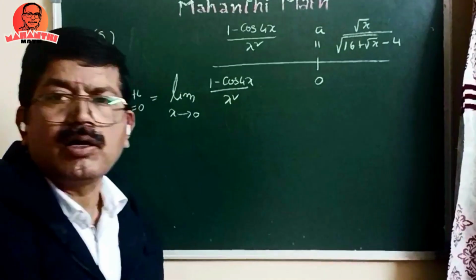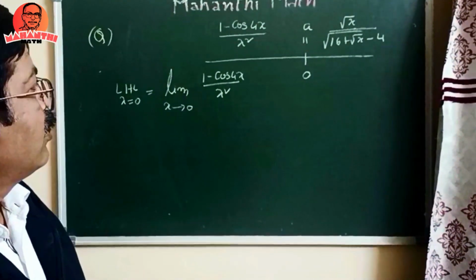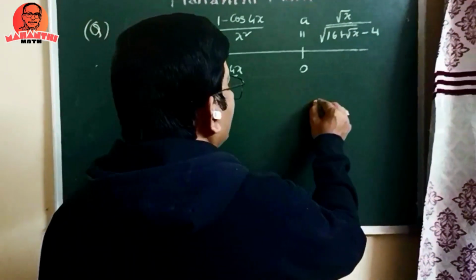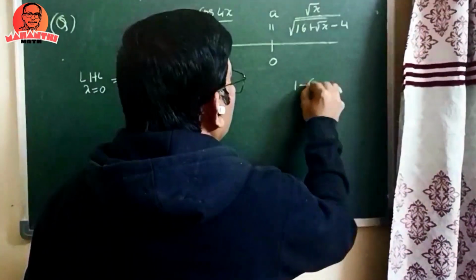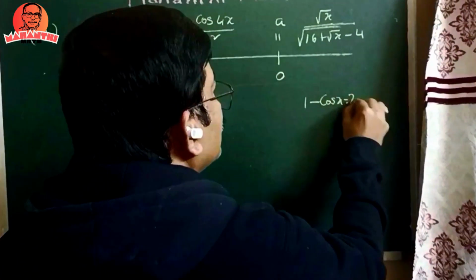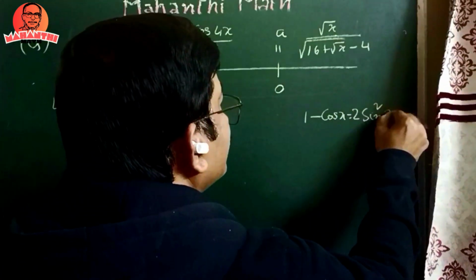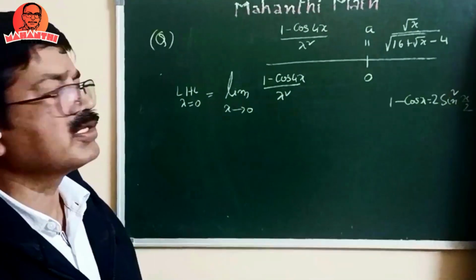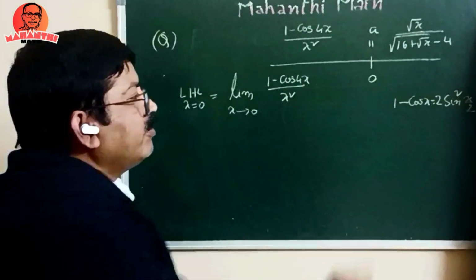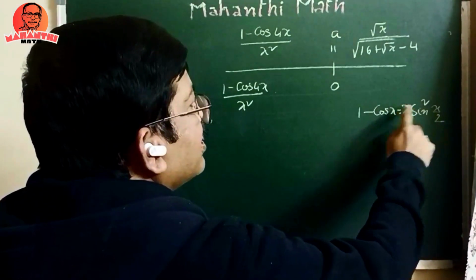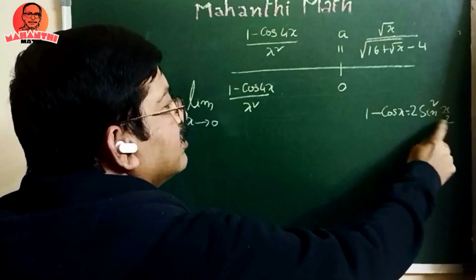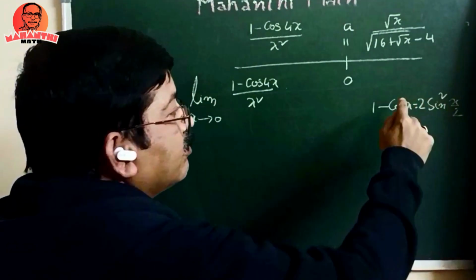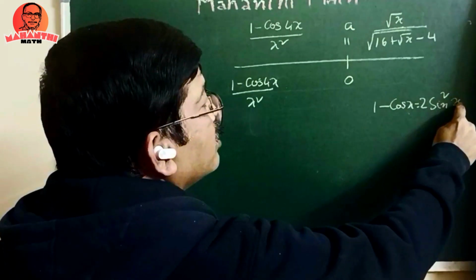So here how to find the limit? For this, trigonometric formulas are very important. One formula I will give: 1 minus cos x equals 2 sin square (x by 2). This is the formula. This came from the cos 2x formula. Here, when x is there, half of that one we have to take, x by 2. When 2x is there, you have to take x only, half of 2x. When it is 4x, you have to take 2x.